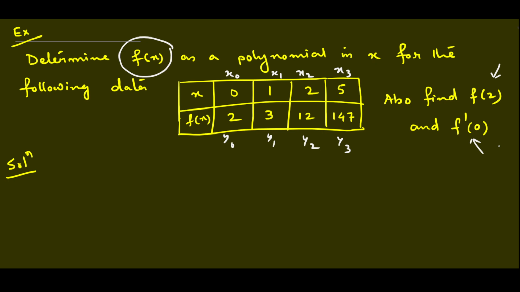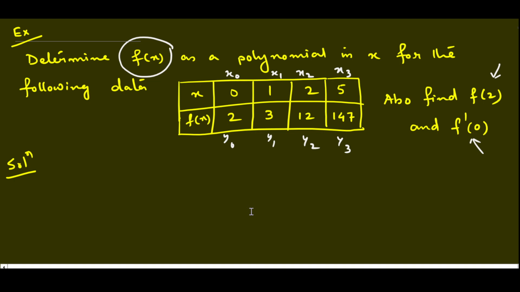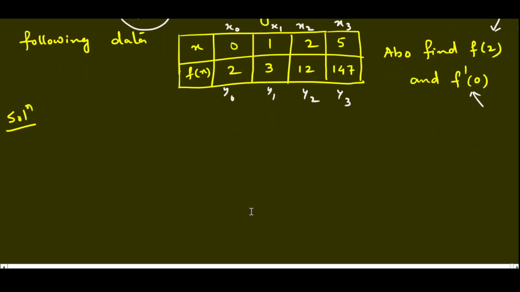It will be a little bit different because in forward and backward interpolation formula, we made a difference table. But here we have to make a divided difference table, because you see the arguments are not equidistant. First is 0, 1, difference is 1. Then 1, 2, again the difference is 1. But the third one is 2 and 5, so the difference is 3. So they are not equispaced, and since they are not equispaced, we cannot make a difference table. We will make a divided difference table.